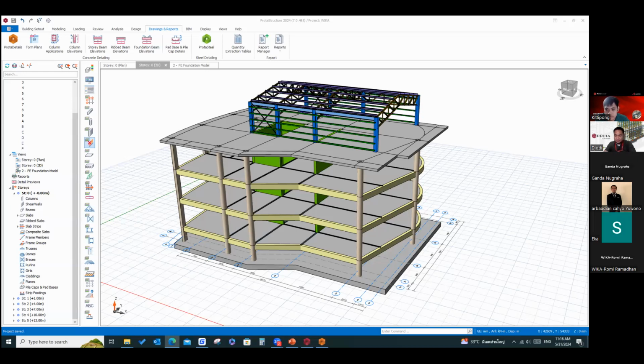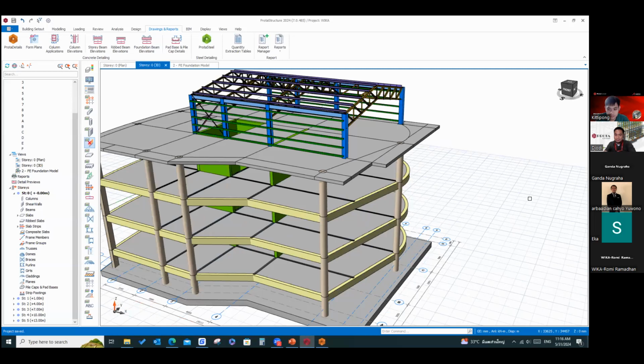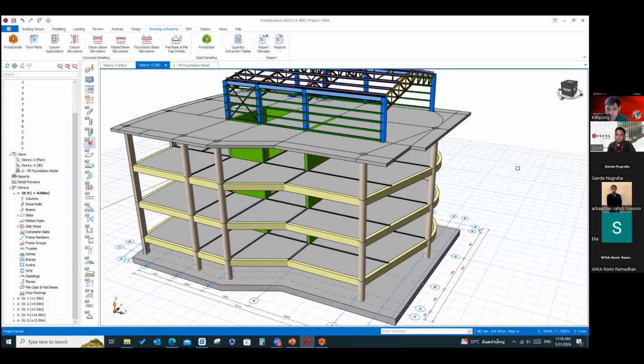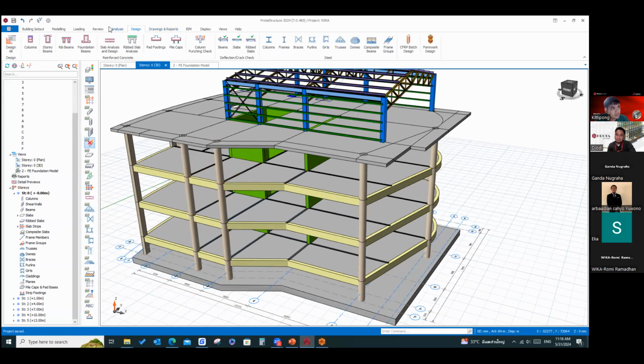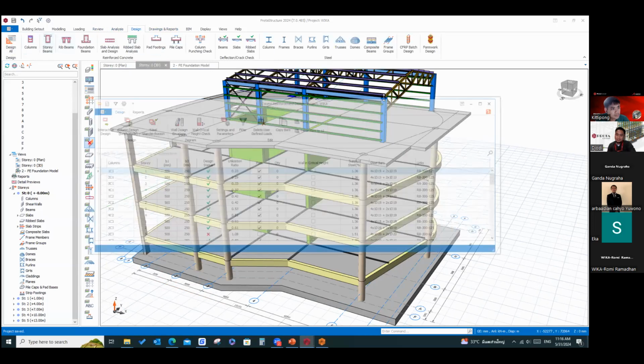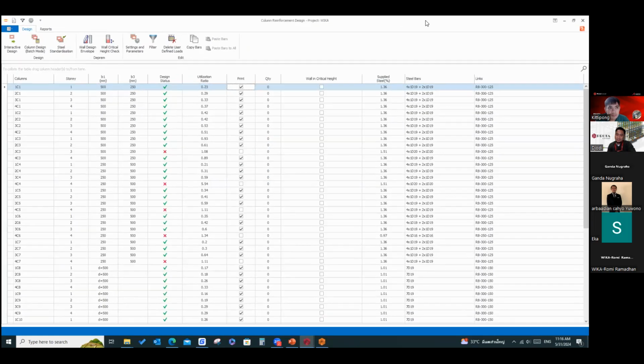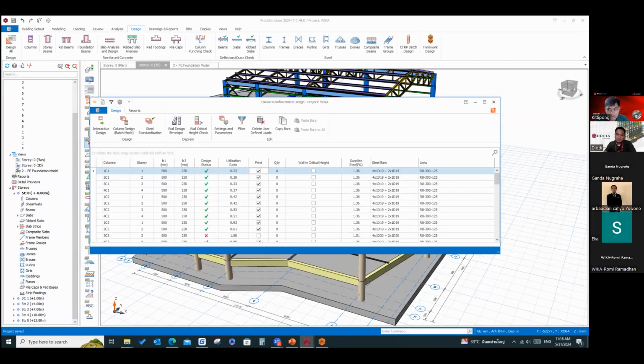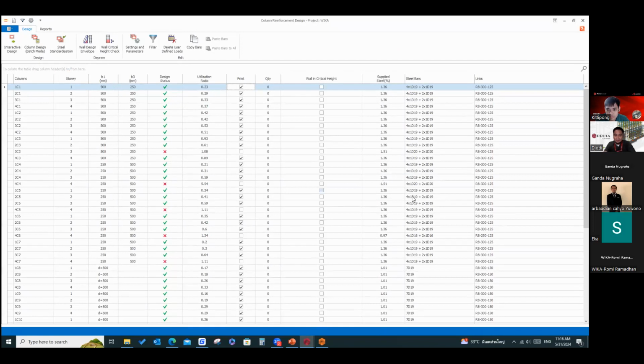My last question, Mr. Kitipong. Can we show the safety factor of each analysis? And if it can be done, can we adjust the safety factor first, and then the software gives a recommendation on what to modify?